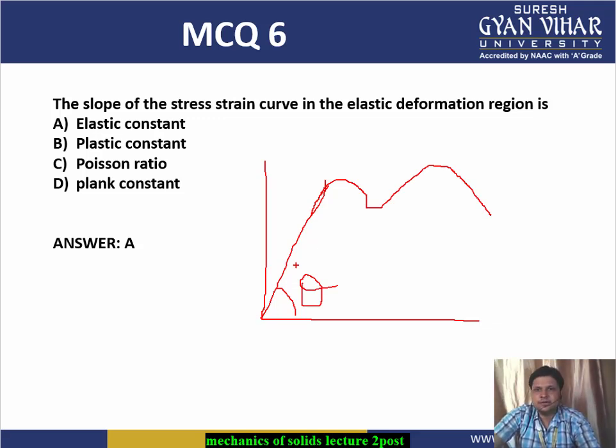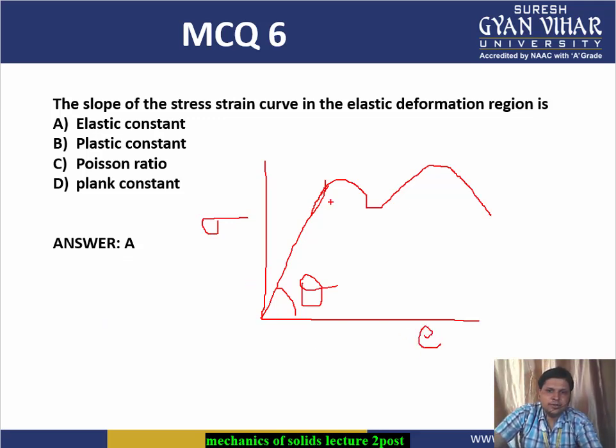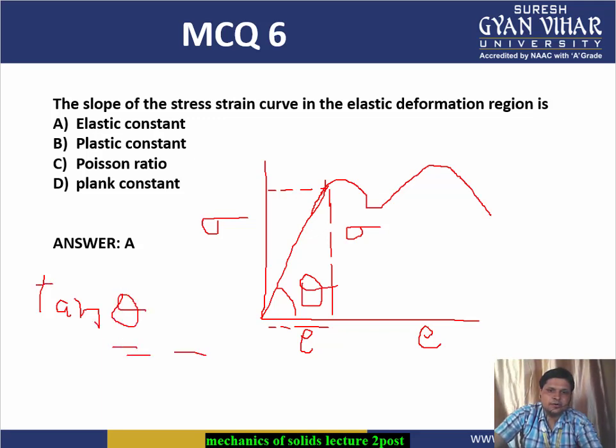The slope of a stress strain curve in the elastic deformation region is what? From the options, let's see: elastic constant. We know that the y-axis is your stress and the x-axis is your strain. So slope means this side divided by this side, where this side is your stress and this side is your strain. So tan theta, which means slope, which the question is asking,